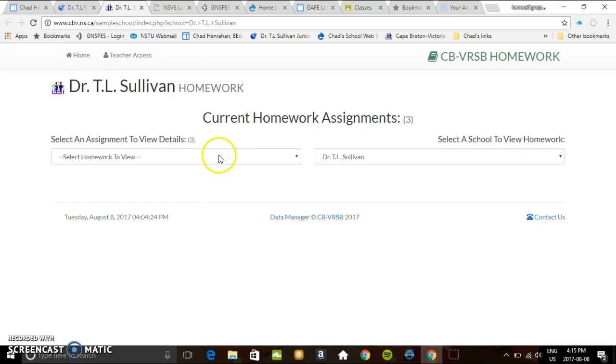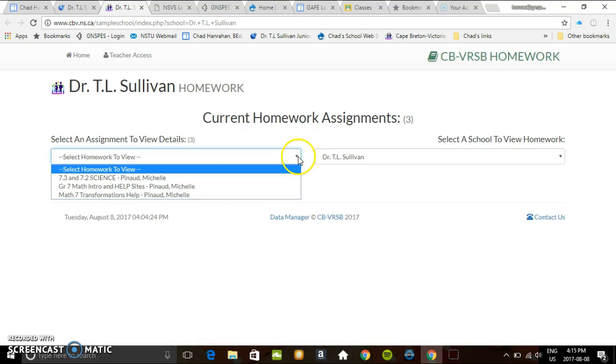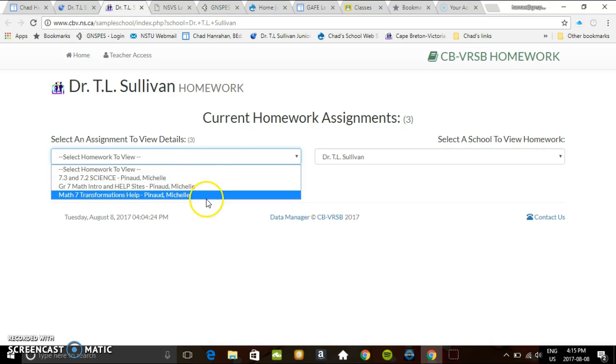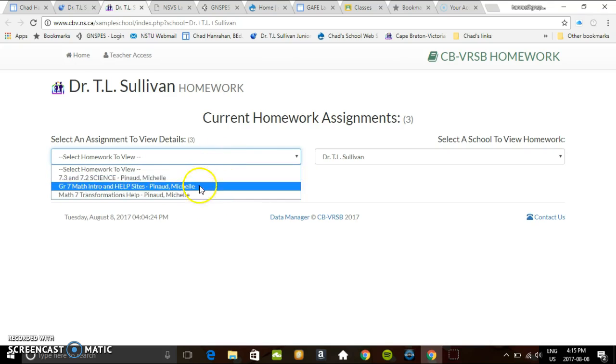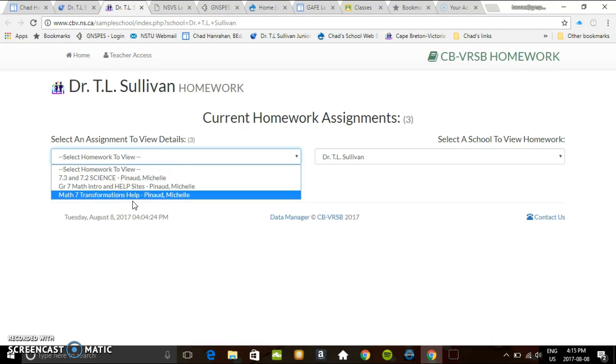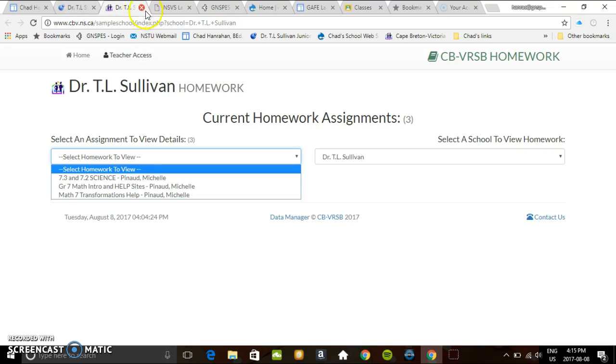I upload things into this regularly. Now, what you would do is go to this, select homework to view, and look for particular things. Right now, there's no homework for us, so you don't see my name, but you'll see my name, Chad Hanrahan, and your class, and you just click there in case you need to find your homework. So the next thing,